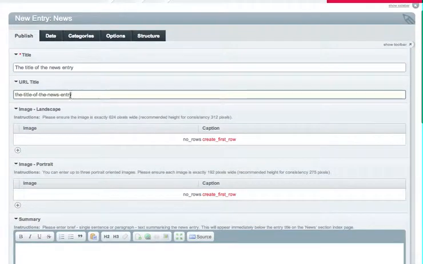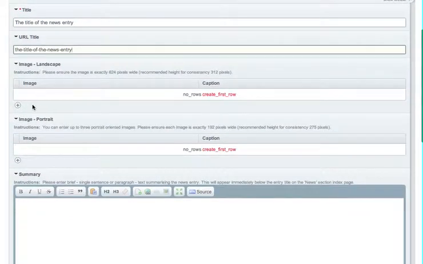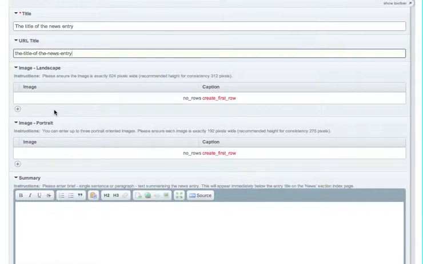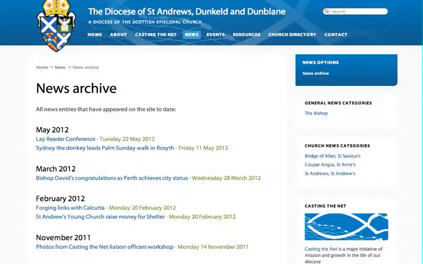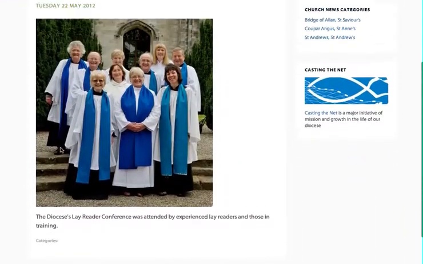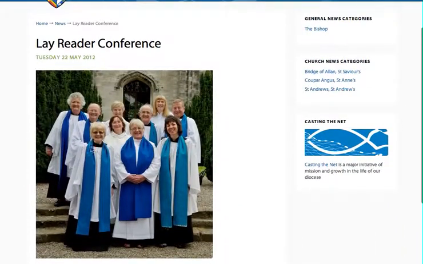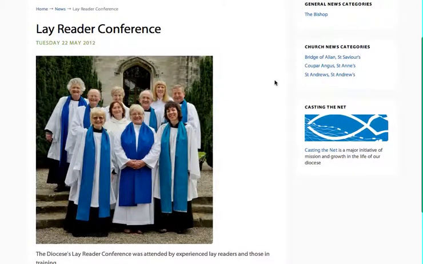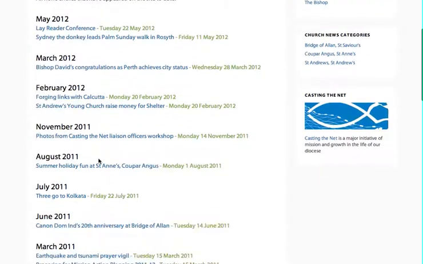Okay, so once you've entered the title, you can specify whether or not the news entry has an image. And there are two types of images we can add. We can have a landscape-oriented image which spans the full length of the news entry. So for example, if we look at this one, it isn't a great example because it's not spanning the complete width. So let's have a look at